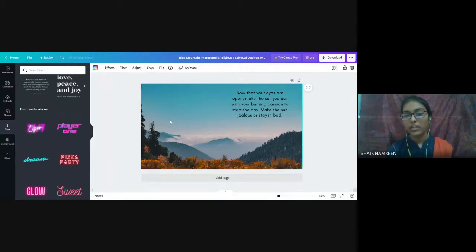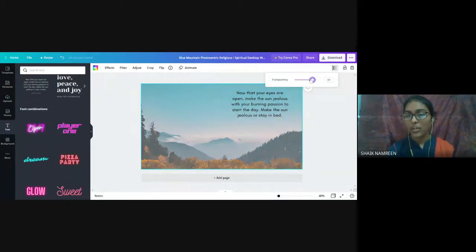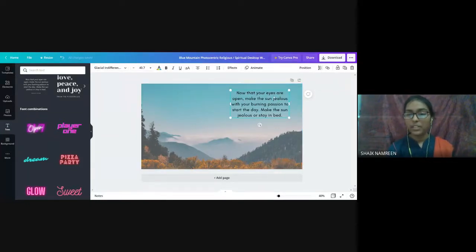If you want transparency in your wallpaper, you can do it like this, so that after seeing your wallpaper, you can see your thought, attracting attention. I will keep it at 70. Yeah, 75.